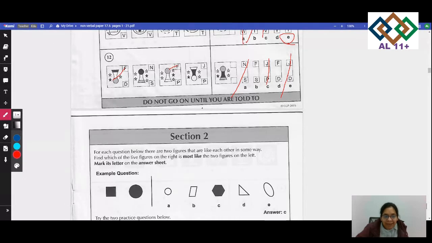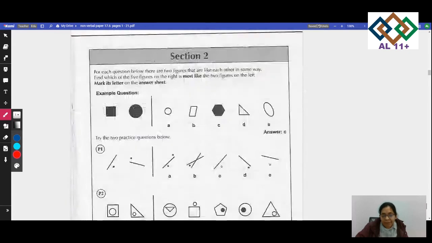And one thing I have seen in here, one star is not shaded, and another one is shaded. So I have to look at this one here. And one side has, look at here, can you see it? Two stars which are not shaded. So same here. So it is definitely F, S, number 12. So we are done with this section.